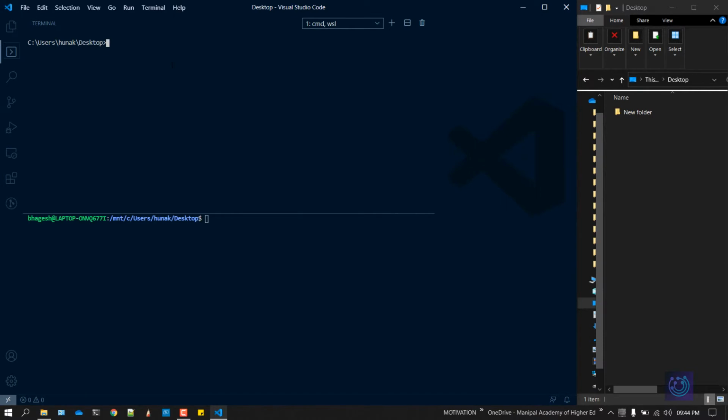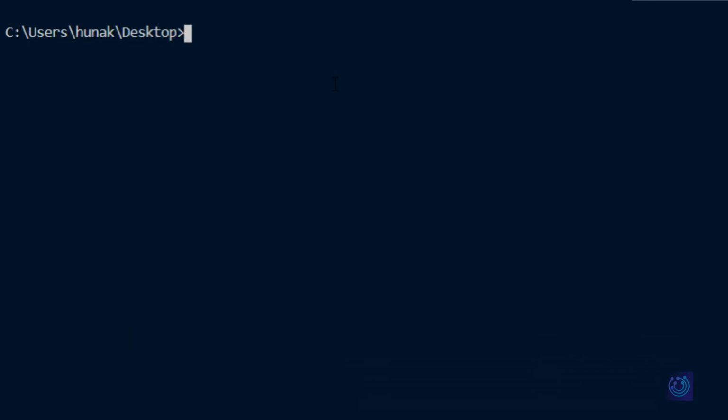The first thing we are going to do is create a Python project. To do that, type in python -m venv, and demo win will be the name of our Python virtual environment. Here the complete path up to venv is the command and demo win is the name of the virtual environment.